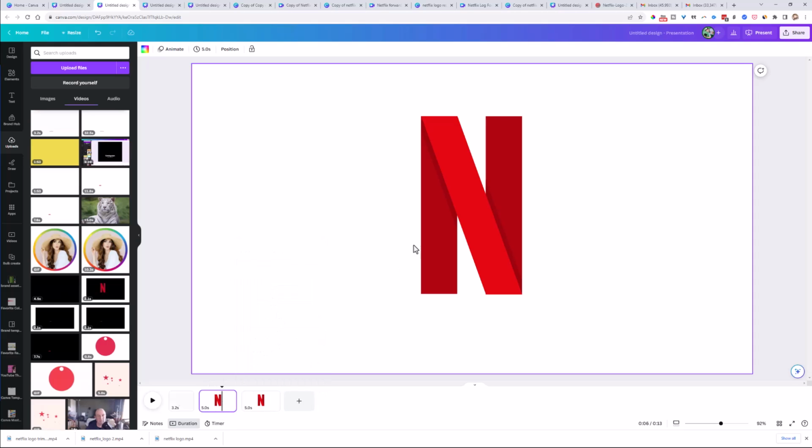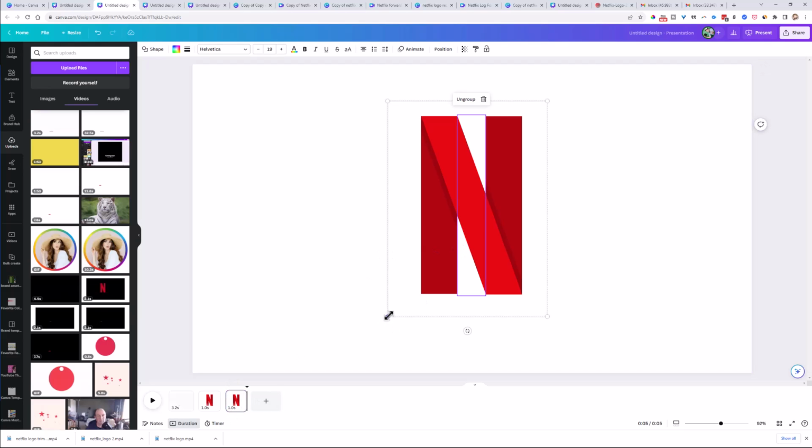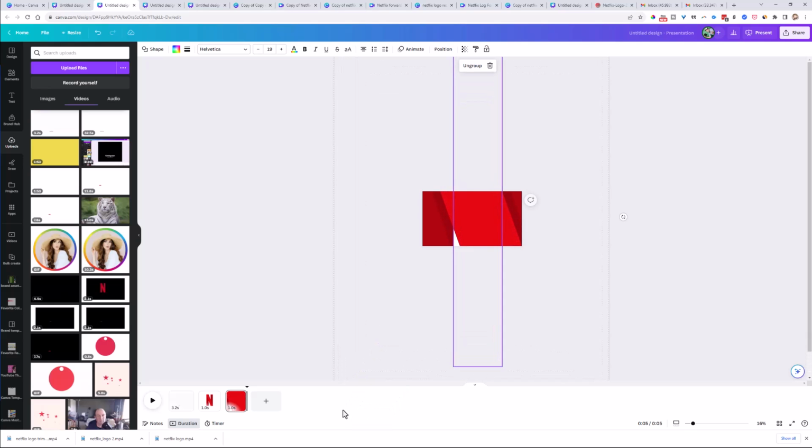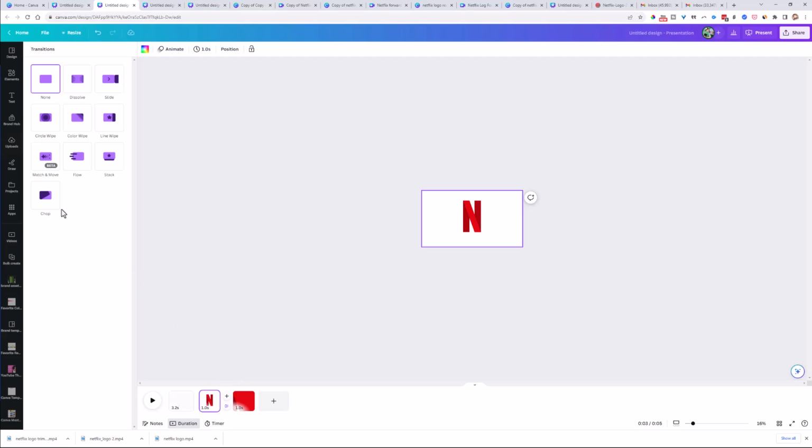And I want to have this other one last for just a second. And then this one lasts for just a second. We may adjust these timings if we need to. But for this one here, we're going to make it a lot bigger. So let me just zoom way out, and we're just going to make it way bigger like this, because what we're going to do then is in between here, we're going to use the same transition trick, the same match